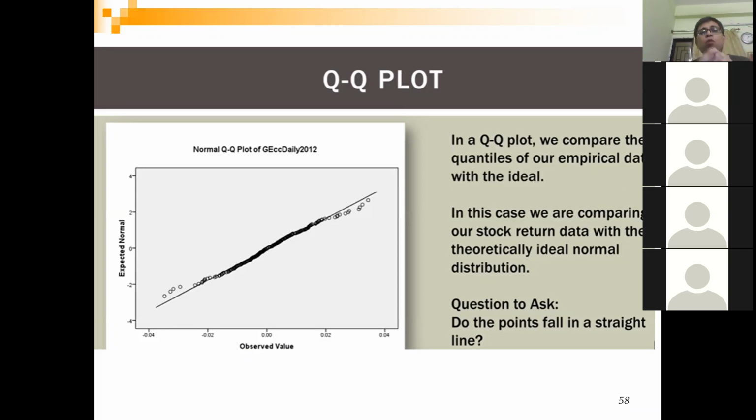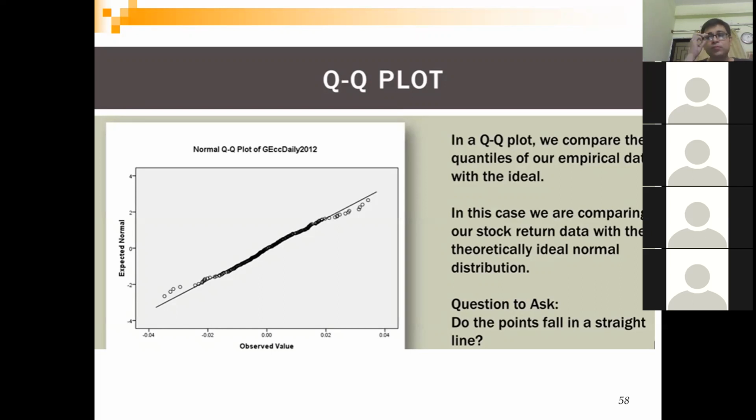So basically what you are doing now is plotting what it would have been if it were a normal distribution. What should have been the quartiles? That you plot on the y-axis, and whatever you are seeing, which is the observed, you plot on your x-axis. So whatever you expect your normal distribution to have, you plot on the y-axis, and whatever you are observing, you take on the x-axis.